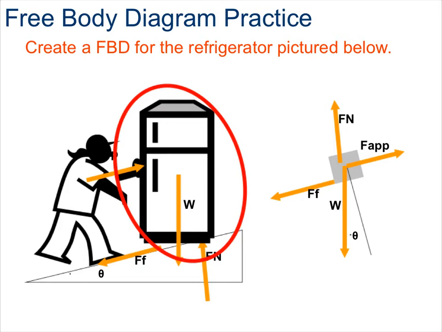Here we're asked to create a free body diagram for the refrigerator pictured below. So we have the refrigerator's weight pushing down. We have a normal force that's keeping that refrigerator from falling, and that's always going to be perpendicular to the surface. We have an applied force of the man pushing that refrigerator up the inclined plane, and as he's pushing that up, the refrigerator is going to be rubbing against the surface of the inclined plane, which is causing a